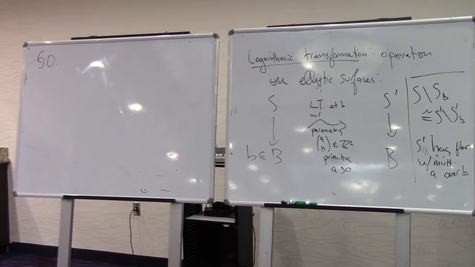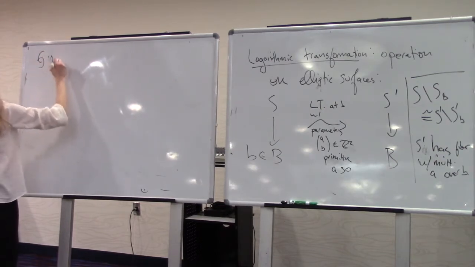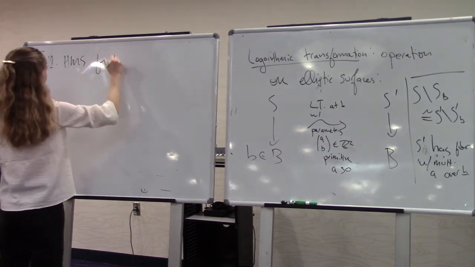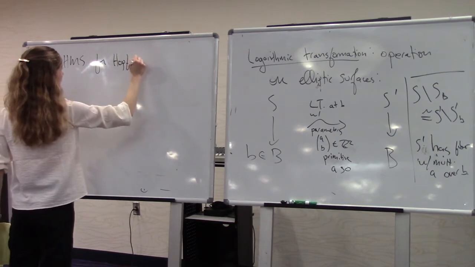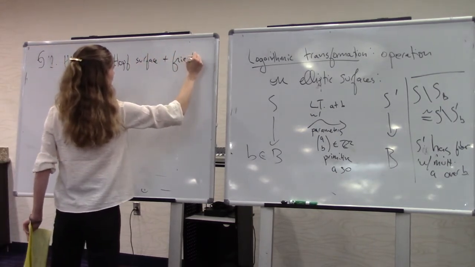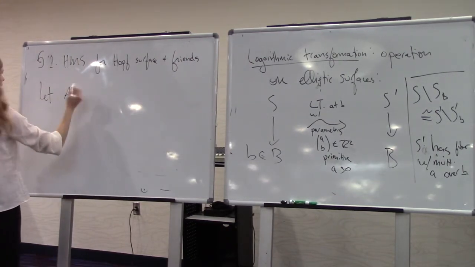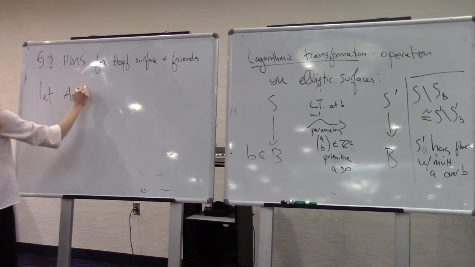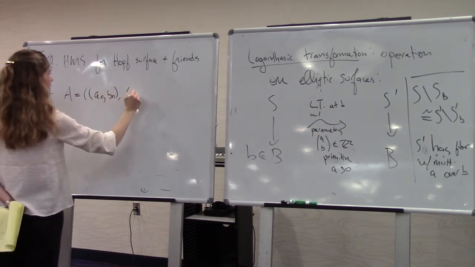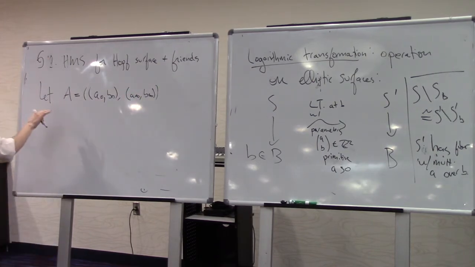Okay, so yeah, so section 1. So HMS, I'll just say for the Hopf surface and friends. So just fixed notation. Let A always be a pair, A naught, B naught, A infinity, B infinity. If you've seen me give this talk before, you'll be very happy to know I've changed the notation to